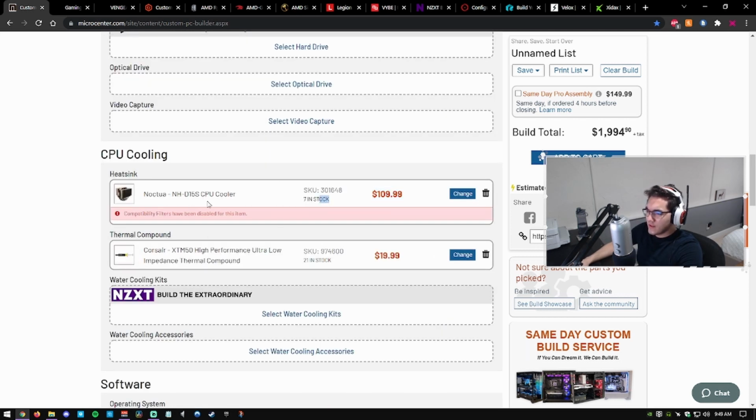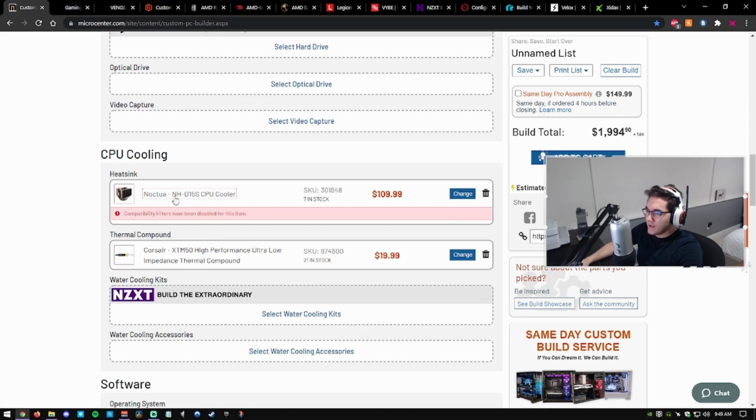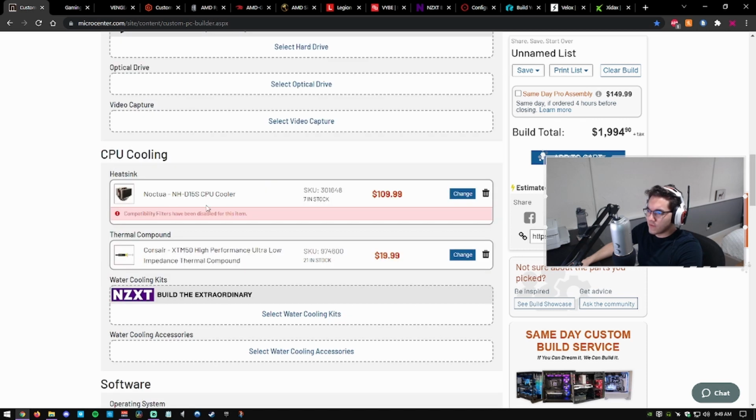My cooler, it's interesting because I really want to do a build with a 5000D and then the Noctua heatsink, the double heatsink, but it says compatibility was weird, and again, I think it was just being weird because I've seen people literally do 5000D with that, so I was a bit confused. I think maybe